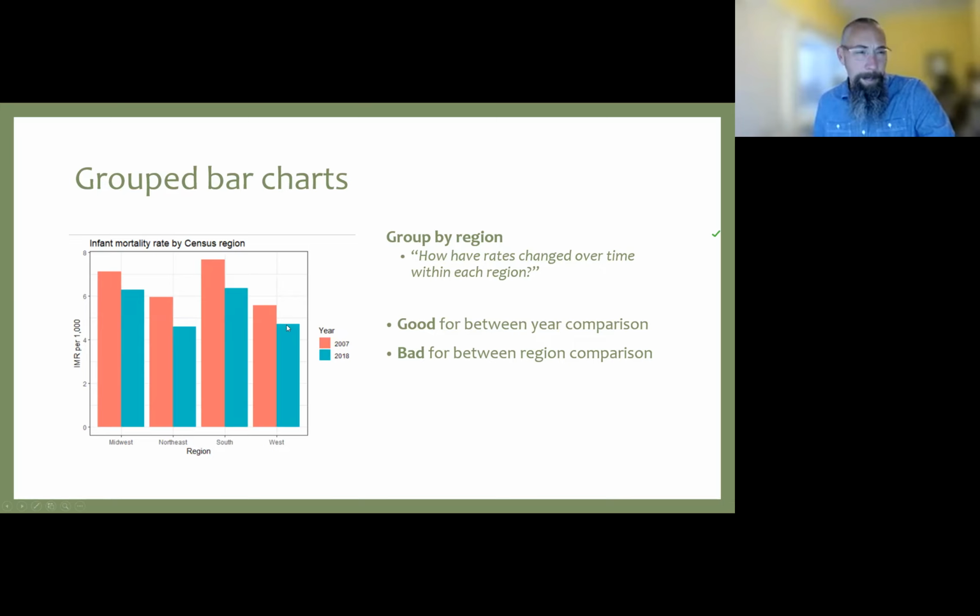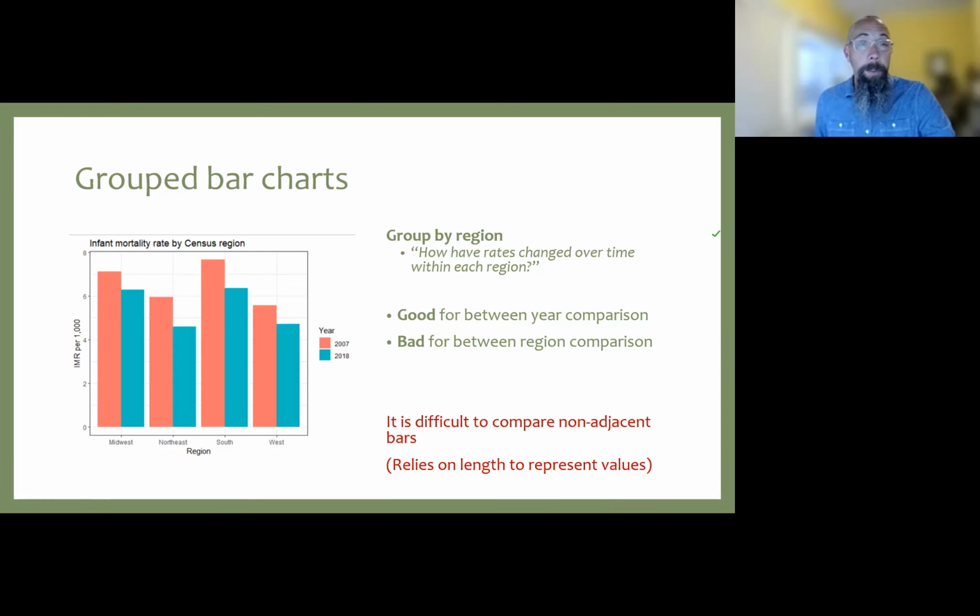But it still maybe takes a little work to know, I wonder if the reduction was bigger in the West than in the Midwest. It's a little hard for me to know because I'm sort of trying to measure that length with my eye. So bar charts definitely can do a lot of work, and the way you choose to group them if you're comparing numbers is important. It is, though, difficult to compare these non-adjacent bars,